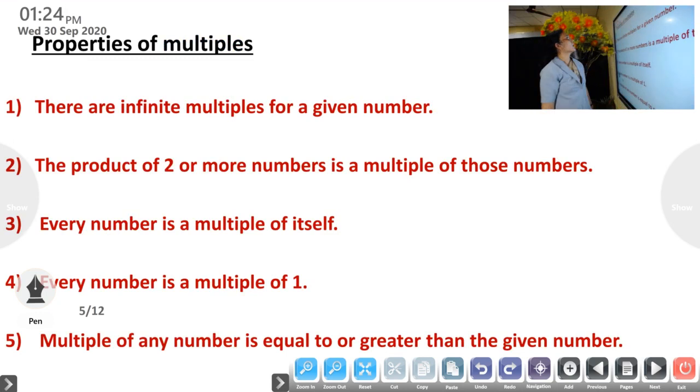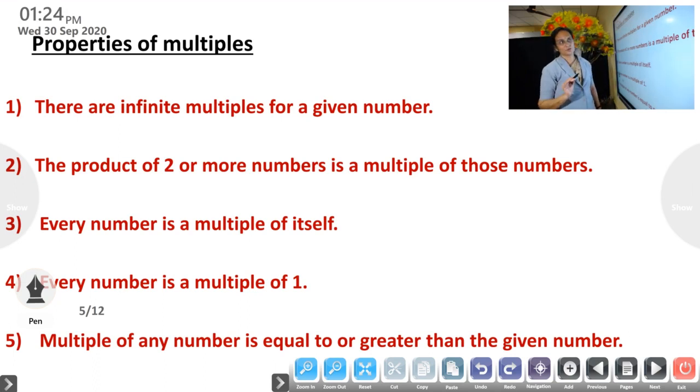The next one, properties of multiples. Okay, just go through these properties. There are infinite multiples for a given number. For any number, there are infinite multiples. Why? See,